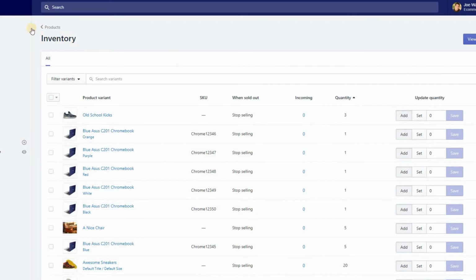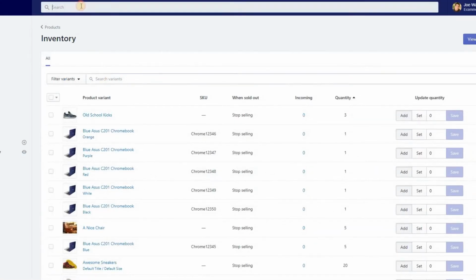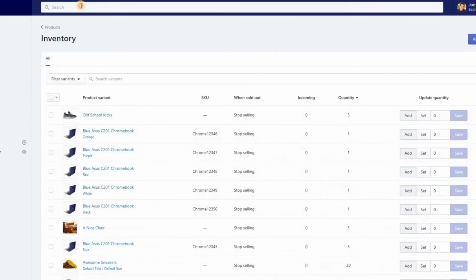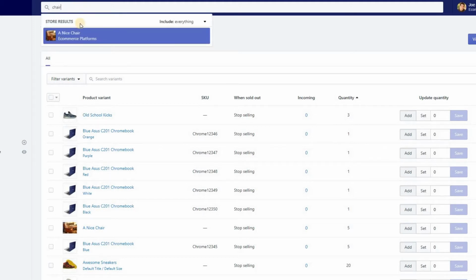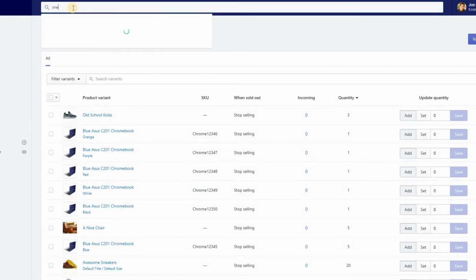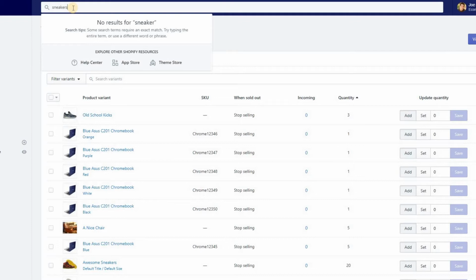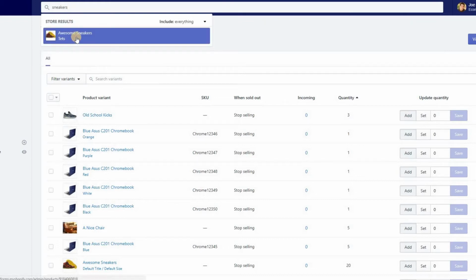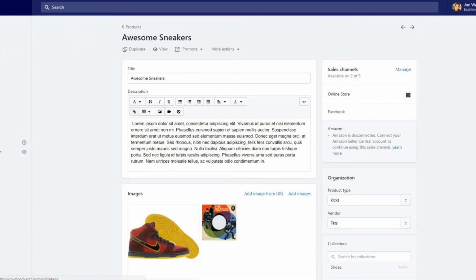And one of the main reasons I really like Shopify for inventory management is that you can search variants right here, and you can also search your entire store. And that makes it much easier. So you're not always going to be able to immediately figure out exactly where to go to find one product. But if you wanted to search chair, it gives you recommendations, the store results, or if we typed in, let's see, sneakers, we have awesome sneakers there. So, and then that would bring you directly to the product page